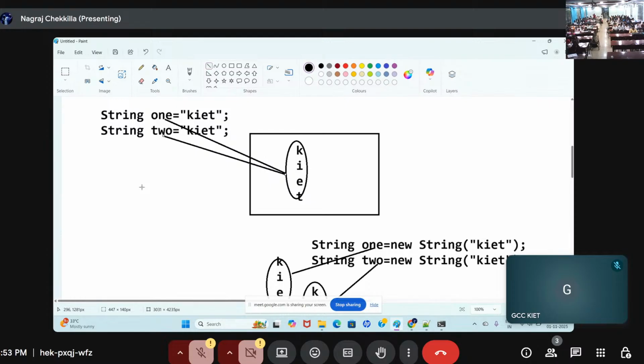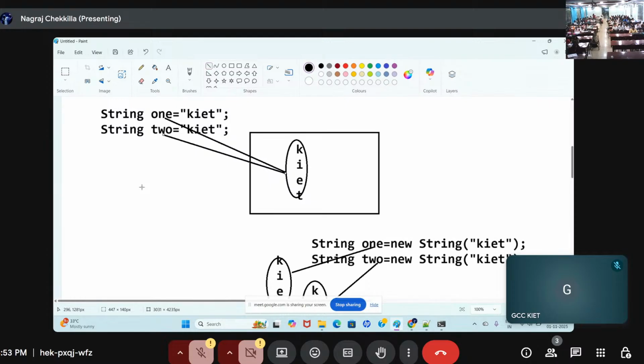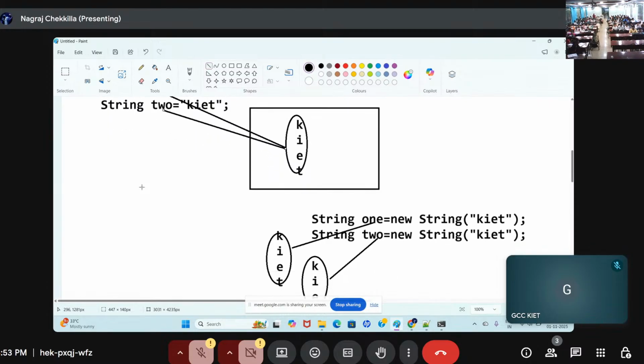So if it is a new operator, it will blindly create the two objects. If it is a string literal, it will create only a single object. Why? Because it is representing the same sequence of characters. Okay. Next,